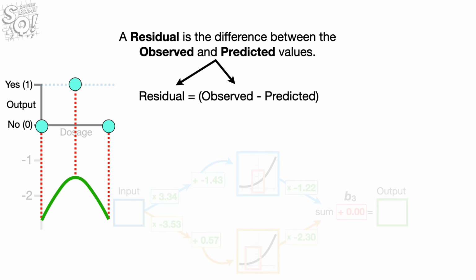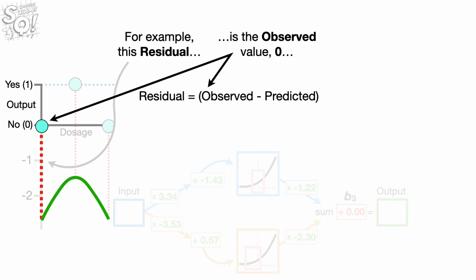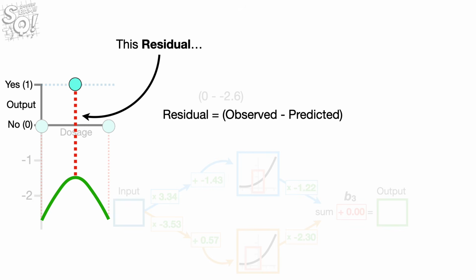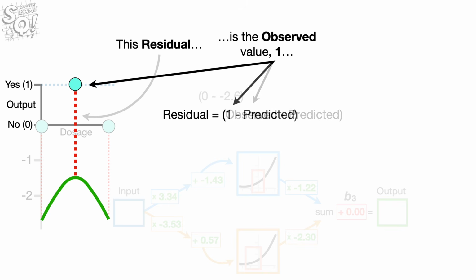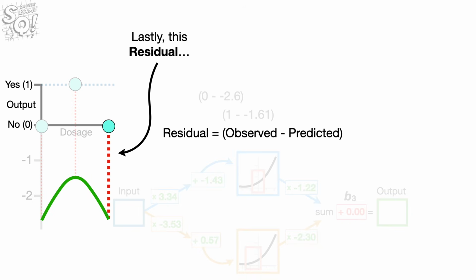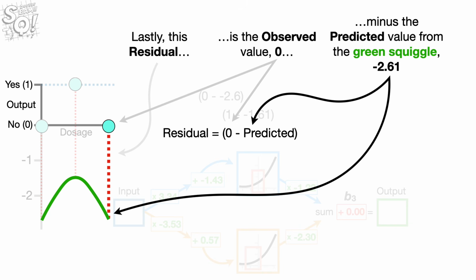A residual is the difference between the observed and predicted values. For example, this residual is the observed value, 0, minus the predicted value from the green squiggle, -2.6. This residual is the observed value, 1, minus the predicted value from the green squiggle, -1.61. Lastly, this residual is the observed value, 0, minus the predicted value from the green squiggle,